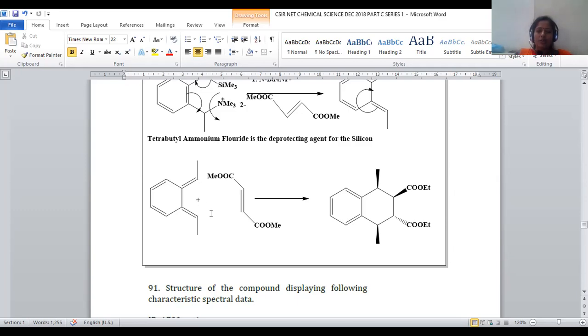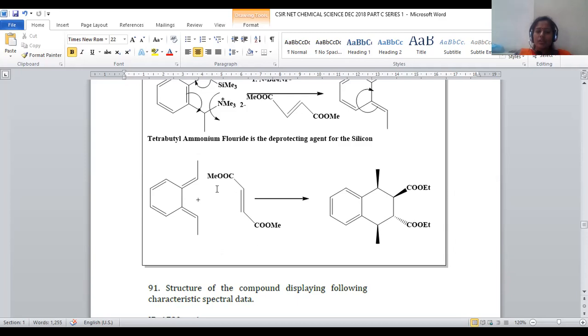Whenever it is treated, what will it do? It will be involved in a 4+2 cycloaddition. This is a kind of Diels-Alder reaction. This is said to be a diene, so we have a diene system at this position, and this is said to be a dienophile. How is the reaction possible? This pi bond is shifted here, this pi bond is shifted here, this pi bond is shifted here, so that cyclization will be carried out, and within the ring structure we can retain the benzenoid system, and this is turned into a new 6-membered ring.